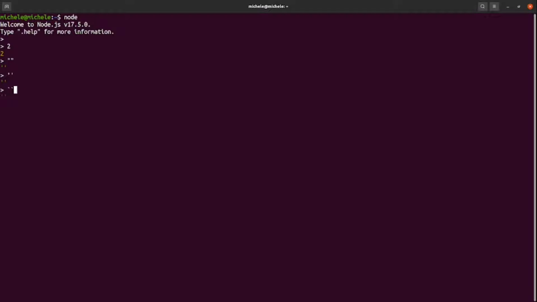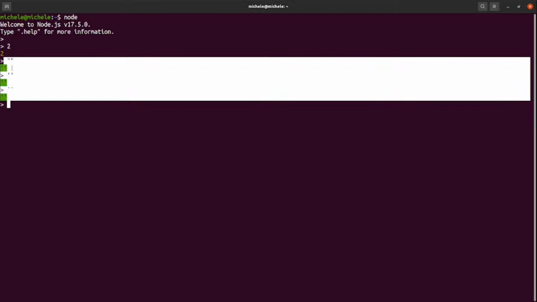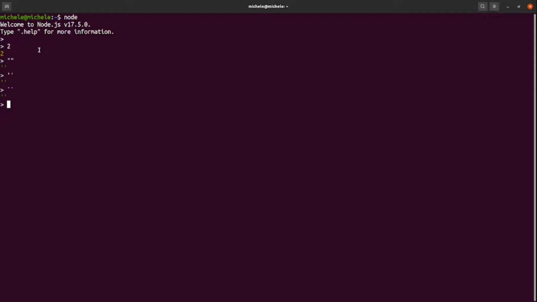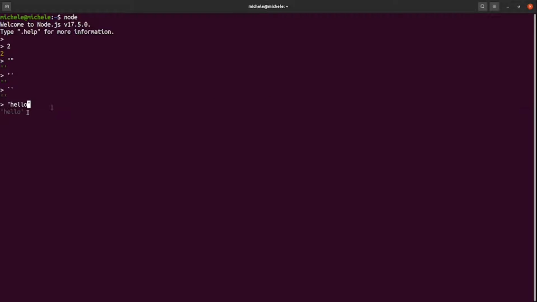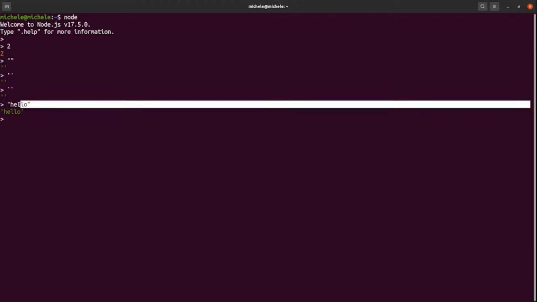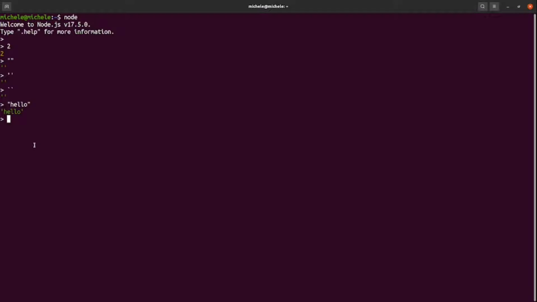quotes, and also these backward quotes. And we can see that all of these get evaluated to, in this case, single quotes, but all these are actually strings. And in between those quotes we can write some characters such as hello, and all these are characters. And since they are included between the quotes, the hello string now is a text and it is a value. So since now we know two kinds of values, the numbers and the strings,